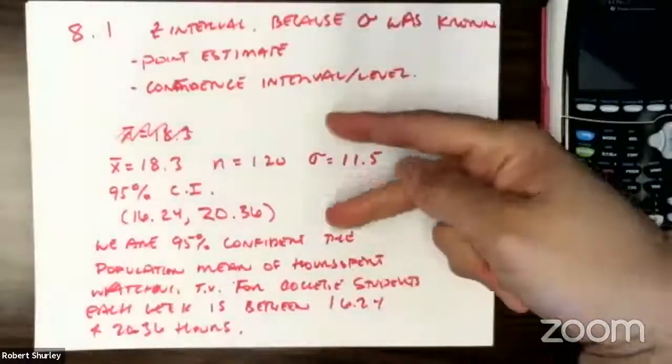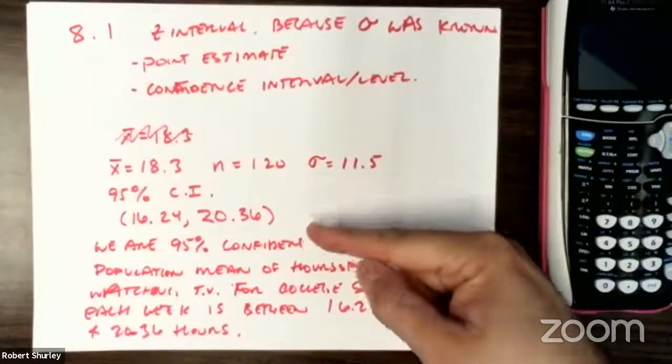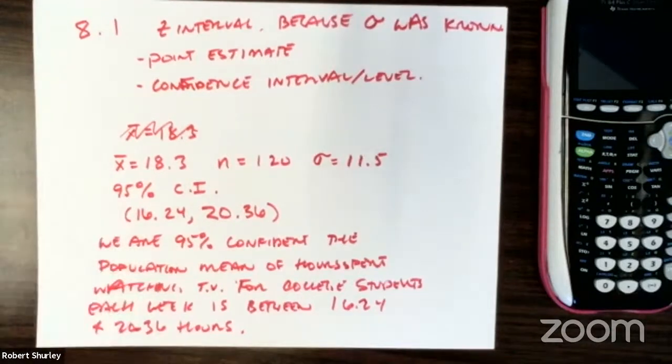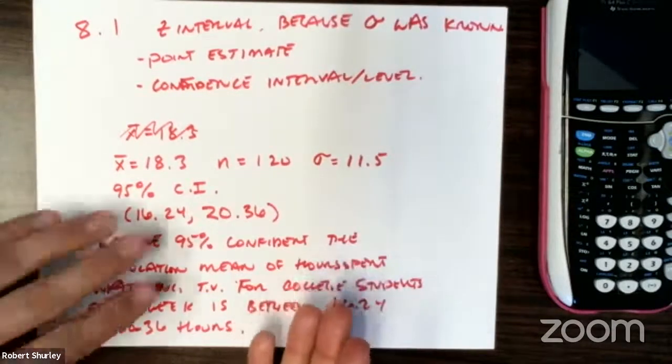A great example of finding an interval, and also a great example of interpretation. But okay, another example from 8.1 is if you have the data. So if we knew the data, let's say,